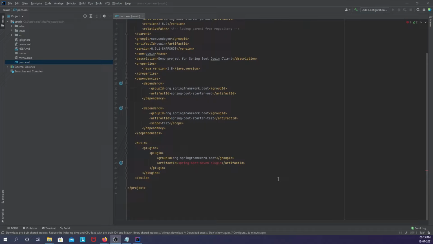Right. Once we have imported this project, we need to copy that YAML representation for the Covin API.